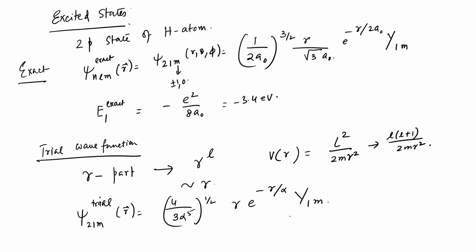So, we have not changed much. Apart from that, we have introduced a variational parameter, and this term that you see is coming from the normalization, as I said. So, you take some normalization A and then demand that this is equal to 0, that is, the trial with an overlap with itself is equal to 0, sorry, it is equal to 1, not 0, pardon me. So, this is equal to 1,